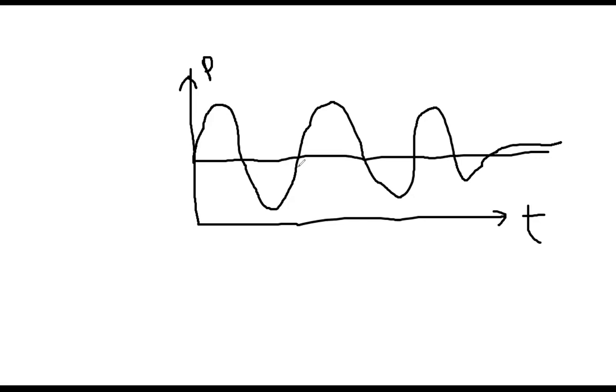So now, how to calculate the average power? To calculate the average power, you have to consider just one time period. For example, you see, this is one time period T. Over a time period, make the average. What is the average value? That is the thing I was telling you there. Now go back there.